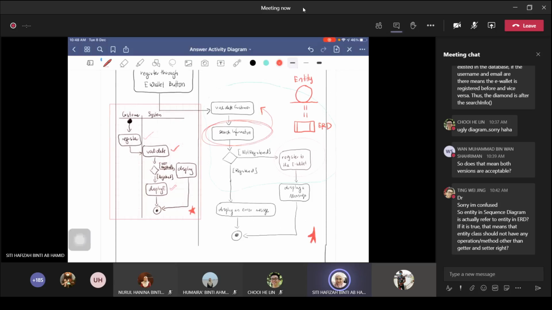If it's true, that means the entity class should not have any operation. No, it combines. Sometimes, let's say the customer class, right? Customer class is an entity and also a class that you develop in Java, for example. Okay, that happens a lot. Because you want to do the operation to access the database, so in your class diagram you will name it as